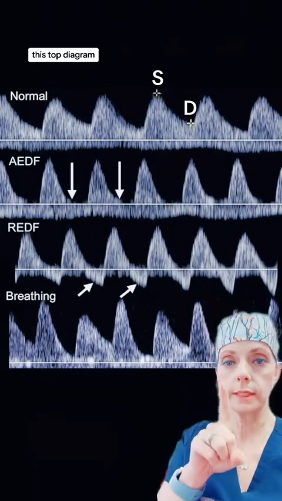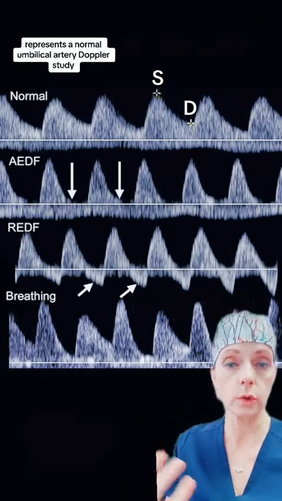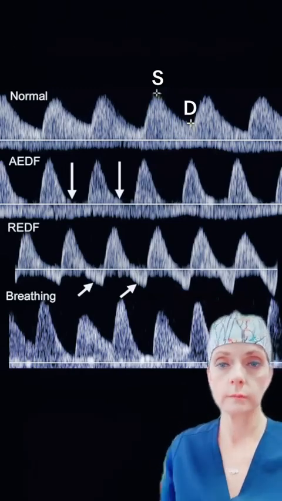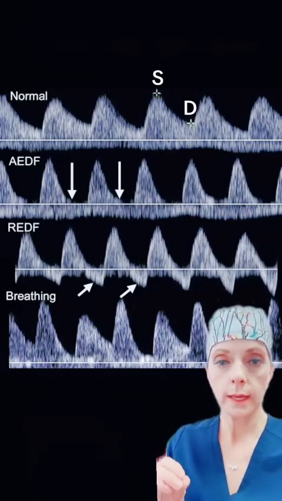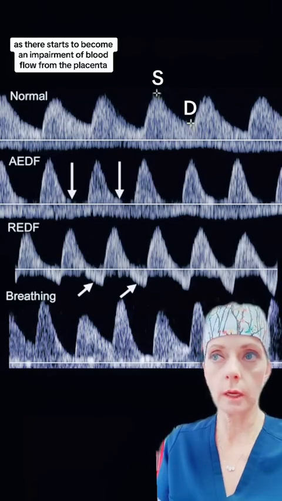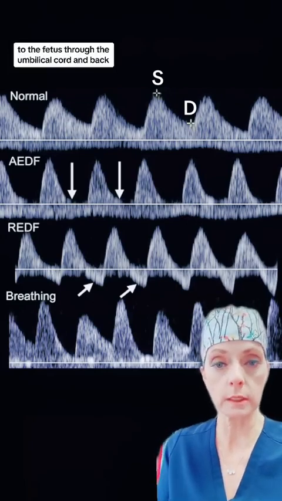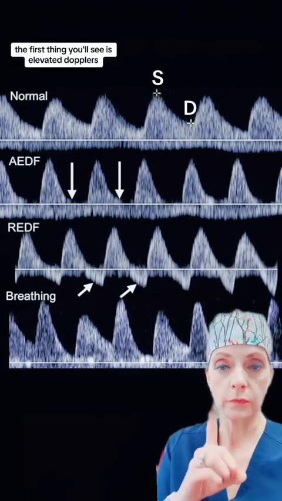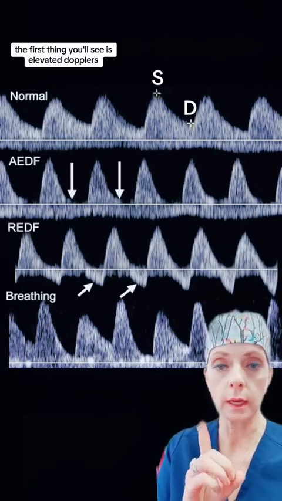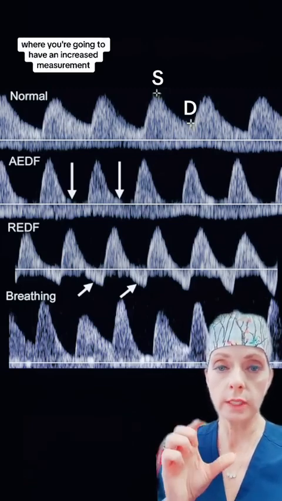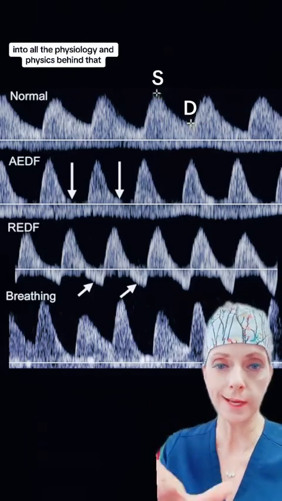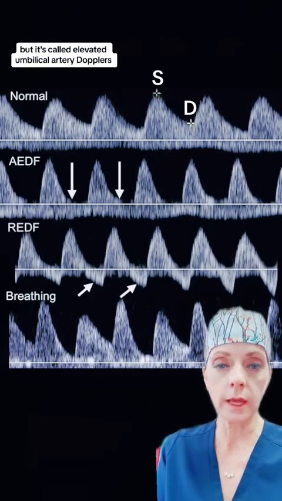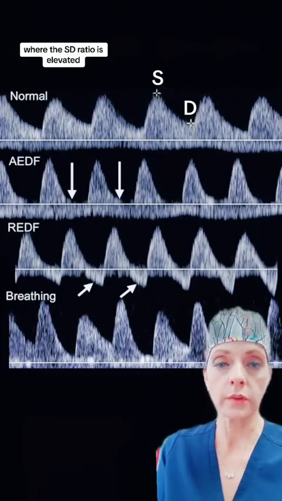This top diagram here where it says normal represents a normal umbilical artery Doppler study with a normal systolic peak and a normal end-diastolic flow. As there starts to become impairment of blood flow from the placenta to the fetus through the umbilical cord and back, the first thing you'll see is elevated Dopplers, where you're going to have an increased measurement, and I won't go into all the physiology and physics behind that,